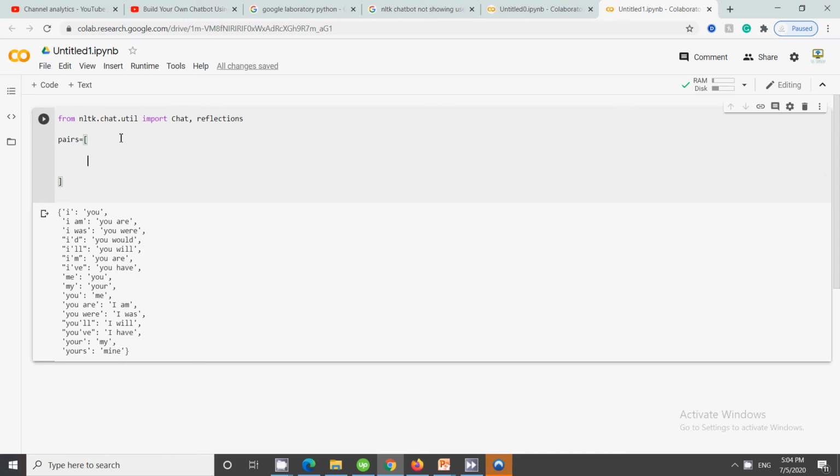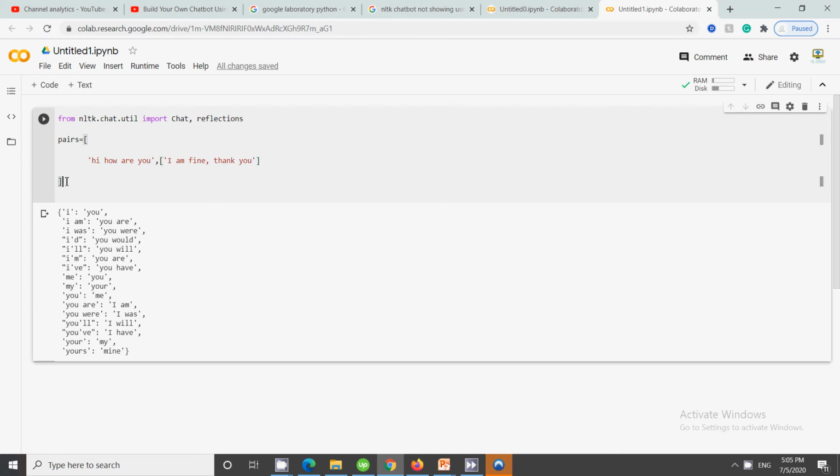We can create the pairing like this. We can say, hi, how are you? And then for this, the pairing will be defined. Similar to this, we can create n number of pairs.